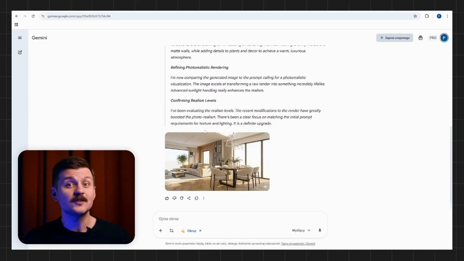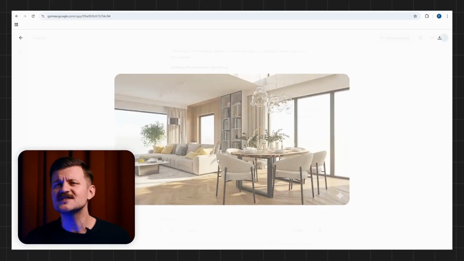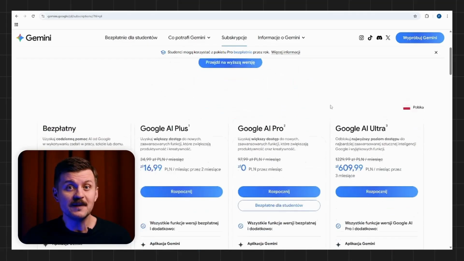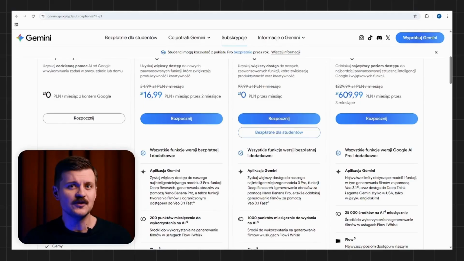Fascinating, right? The whole process takes a bit longer, but the result is phenomenal. Full consistency with the input image and perfect understanding of my intentions, without setting advanced material and rendering properties in V-Ray. Magic! In Google's free plan, you get 3 such queries per day, and if you want more, you have